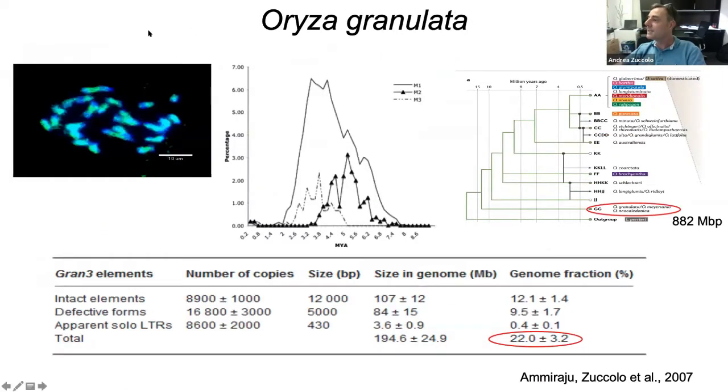We studied some similar dynamics in the most basal Oryza species, Oryza granulata, where a single family named Gran3 amplified up to 10,000 copies, altogether making up 22% of the genome. And all of these occurred over just 4 or 5 million years of evolution in 3 waves of amplification. In this FISH image, you can see in light green the probes from Gran3 scattered and evenly distributed around the